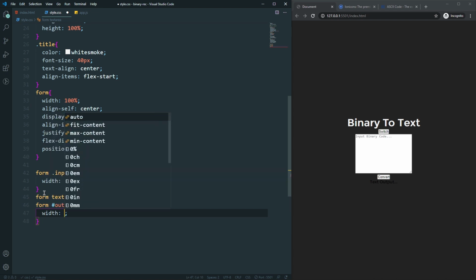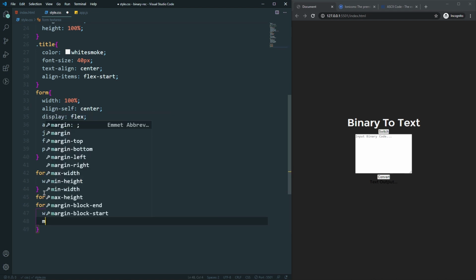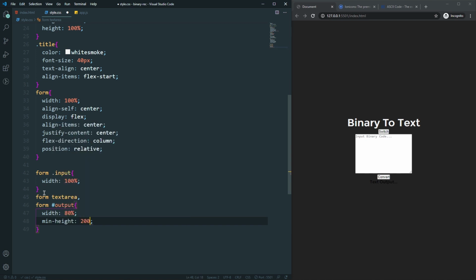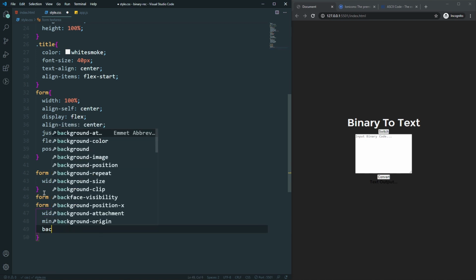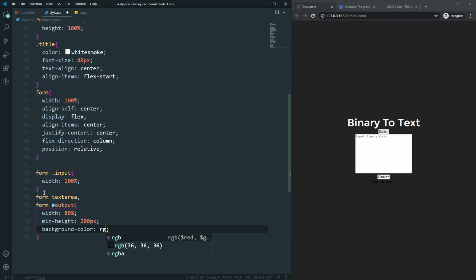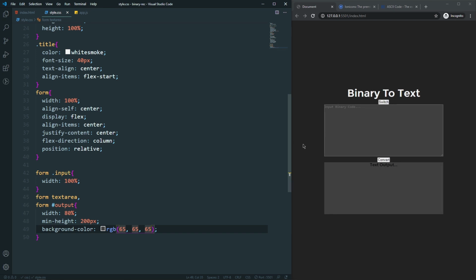and here let's say that the width will be 80%, and also let's say that the min height will be something like 200 pixel, and the background color that I want is something like RGB color, and here I'll have 65 and again 65. So if I save, now you can see that we have this, which is having 80% of our width, and also we have a min height of 200 pixel, and also we have this background color which